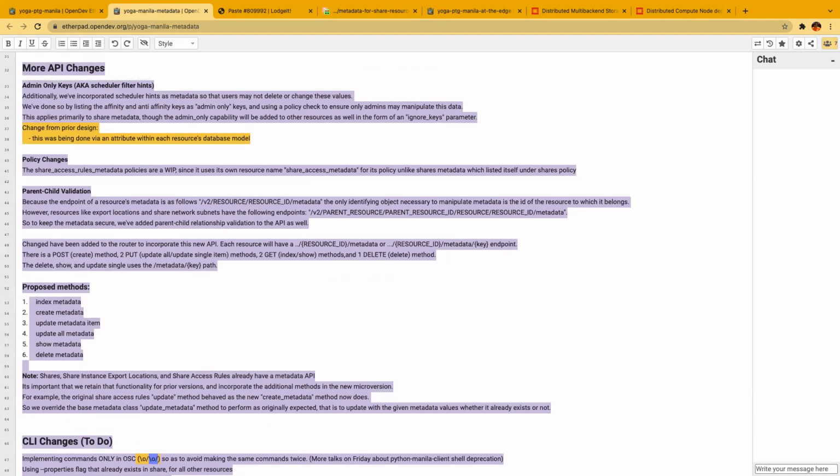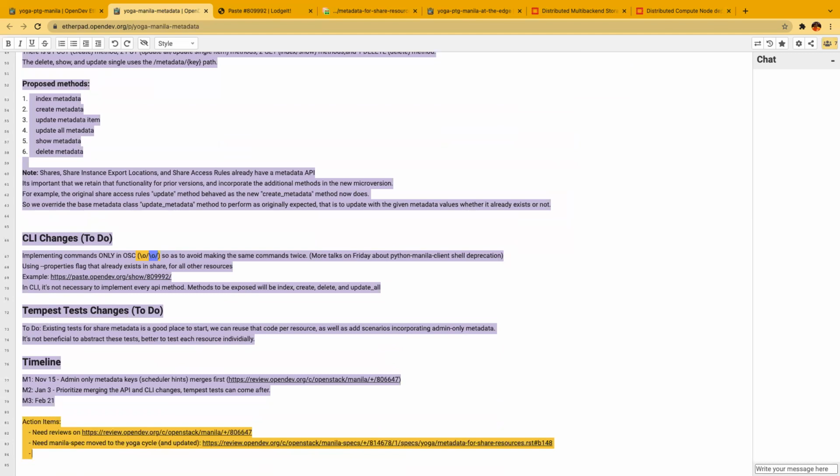Oh, actually, I do have one question now that I think about it. So the default role for these methods are usually member or reader. But if I'm including the admin only metadata, should there be a default for that? So